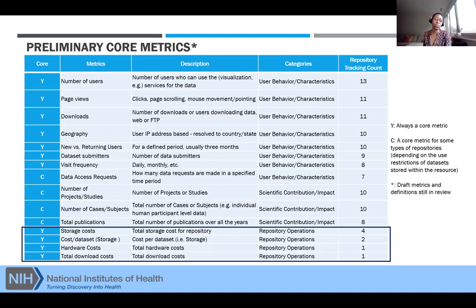And one more thing of note to mention here is, even these metrics are still considered a draft, the definitions are still being refined, because an example here would be number of users. The way in which you measure or track this will vary depending on the repository. So one that requires registration will have a more exact estimate of how many users they have versus one that doesn't.